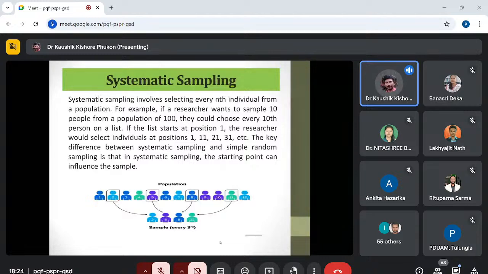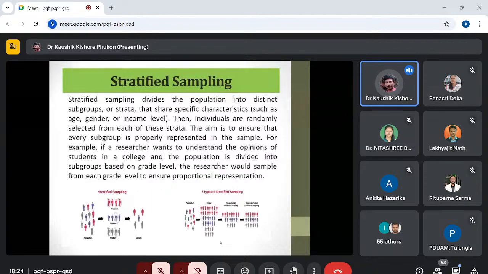Moving to our next slide. Stratified sampling. As I have stated before, this is an extension of, anyone? Sorry, in non-probability sampling also it was there. It is similar to quota sampling. Anyone? Exactly. Okay, thank you.